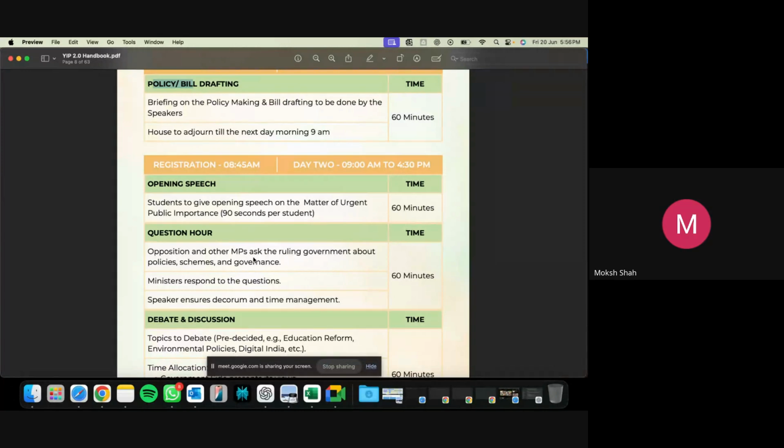When we're giving the opening speech, do we have to prepare on only one of those 5 topics, or can we prepare on more than one? One of the 5 topics. That ensures the 90 seconds is dedicated to speaking more about one topic. So we have to connect the topic with our constituency, isn't it? Yes, as much as possible. You are a member of parliament for that constituency, and you are given 90 seconds to talk about whatever you feel is relevant. So it's up to you to decide how much you want to integrate or not.